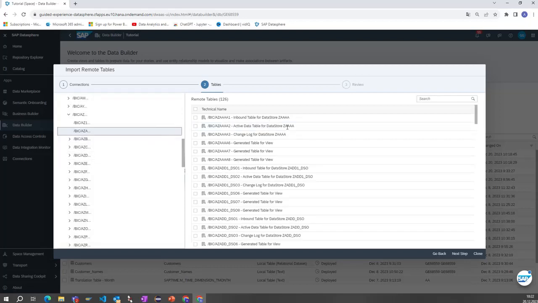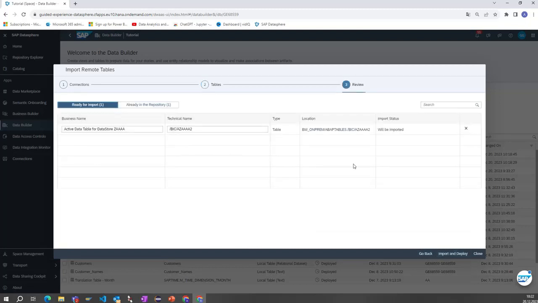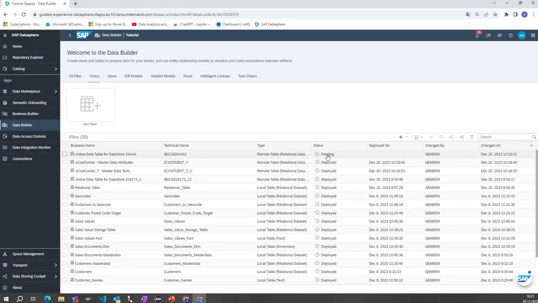We have some more advanced DSO. Let's use this one. Active table stores the active and live tables, live data records for one advanced DSO. You see, now we will be able to import it because it's not existing in our repository or in our space as a remote table. The same procedure like for the S/4HANA environment. You see the location and the import was successful, but the deployment is pending, but will be also finished in